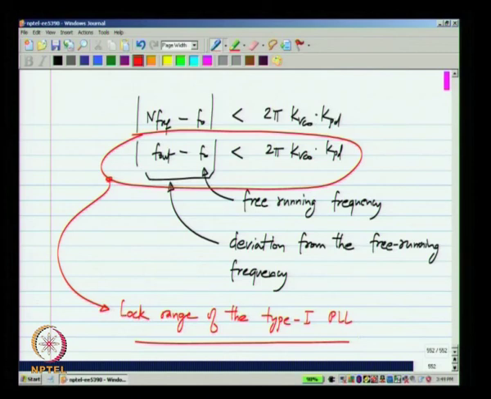Now, please keep this in mind, and from this it appears that to increase the lock range, which is a desirable thing to do, you would like the output to be changed over a wide range. For instance, if you have a mobile phone or a radio, you would want to switch to many different channels, and similarly you may want to vary the clock of a microprocessor over a wide range to save power or to operate faster and so on. So, in order to have a wide range, you need to maximize the value of 2 pi times KVCO times KPD, that is increase the gain of the phase detector and the gain of the VCO. Okay. Now, there is another aspect of the phase detector that brings in a completely different constraint that we will look at now. Okay.